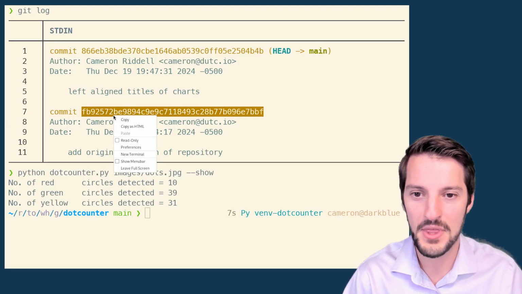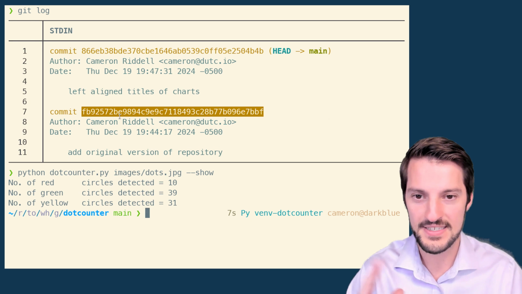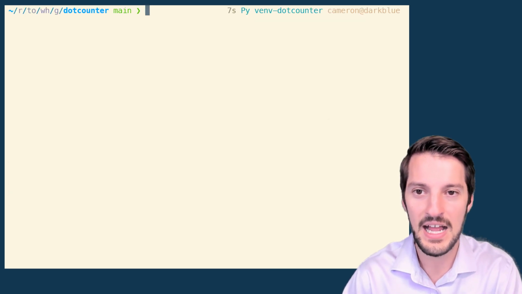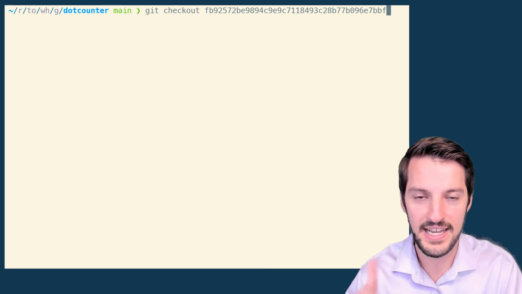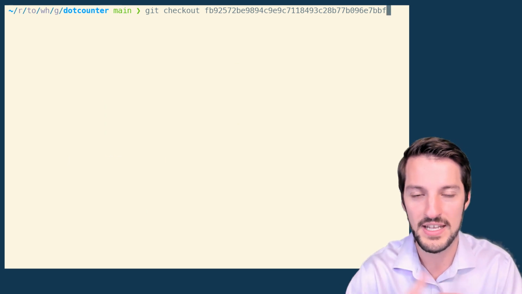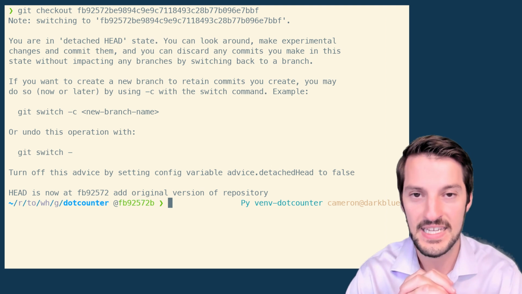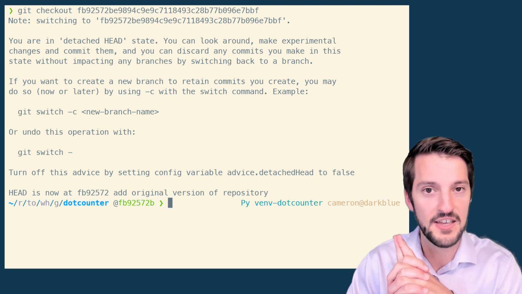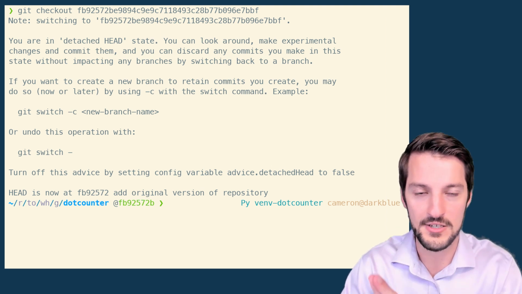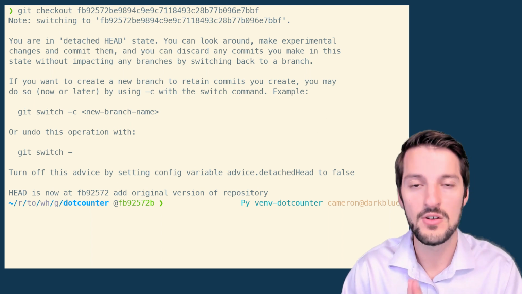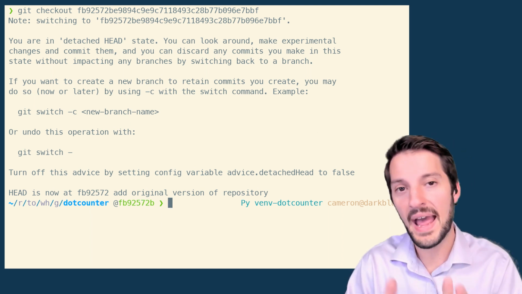I can grab this unique identifier here, and so I'll just go ahead and copy that, and then I'll use my very last verb, that is git checkout. And I can just paste that string, that text of random letters and numbers, and I can go back in time. Now, Git does give me one warning here,